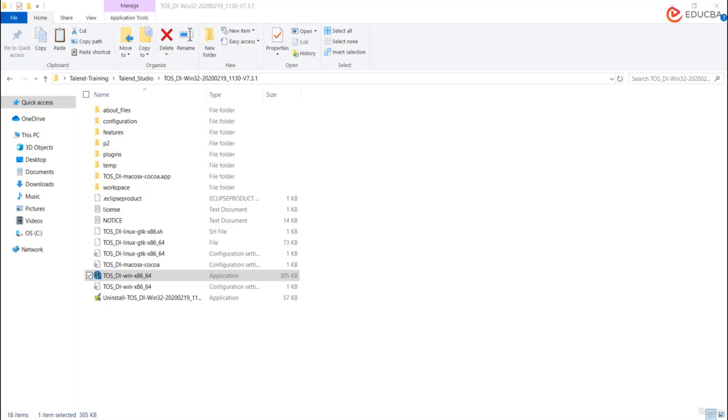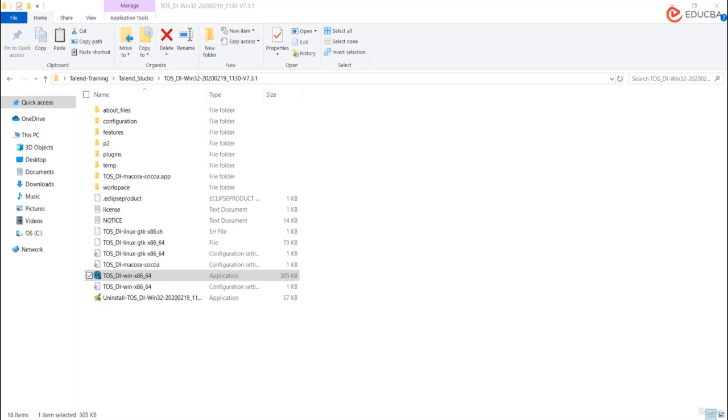In this session, we will see how we create our first project and our first job, and see how we can run the job to get the results. Let's get started. Just to recap, in our previous session, we saw how to download the Talend Studio